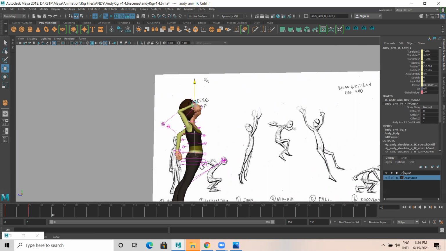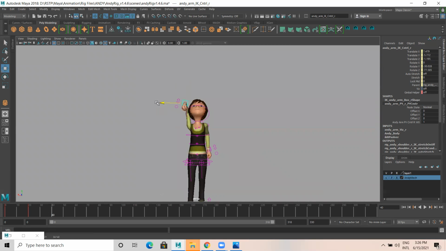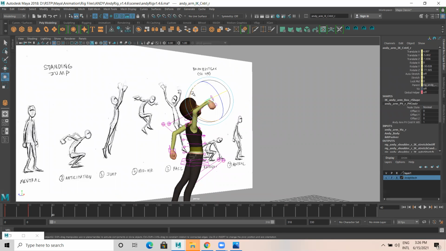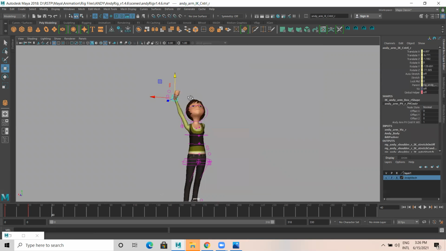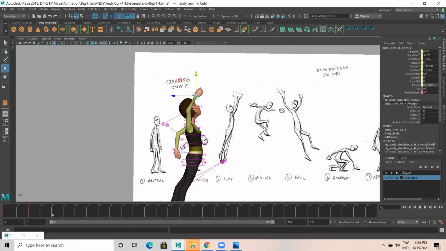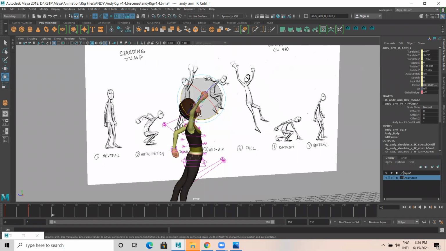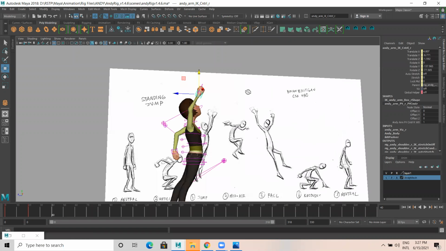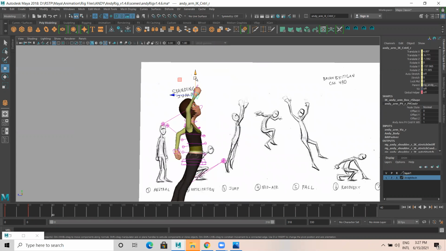It's like this. Here. It's like this. Every pose has to be really strong.